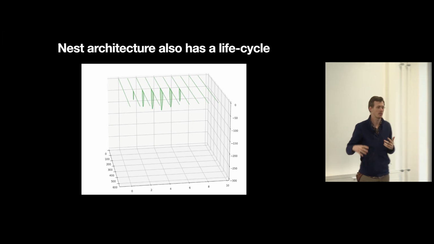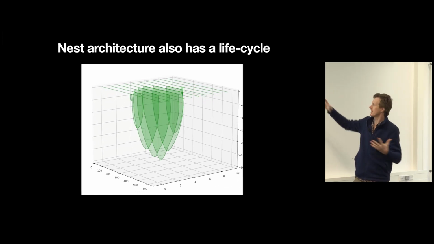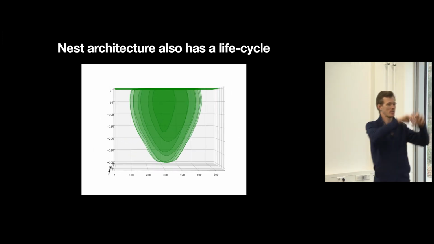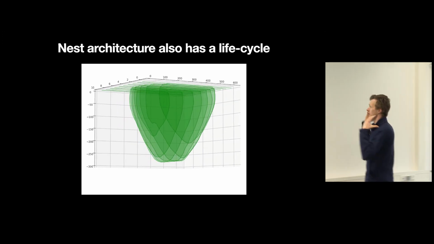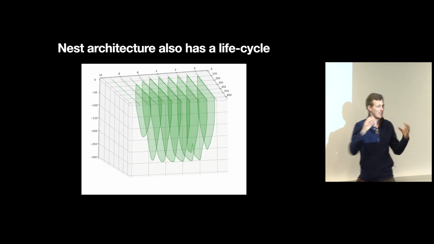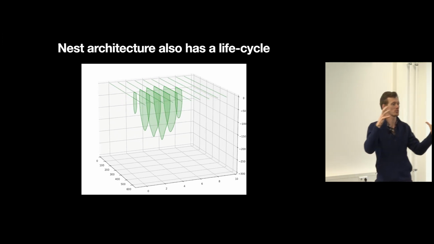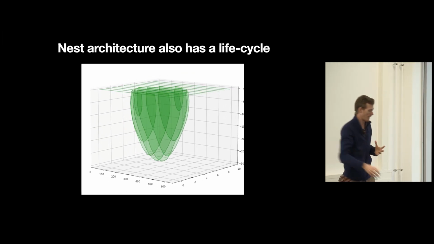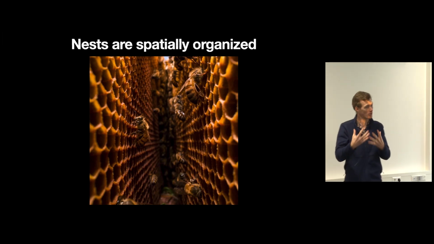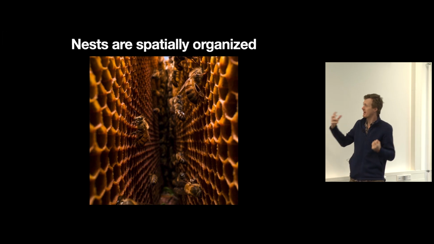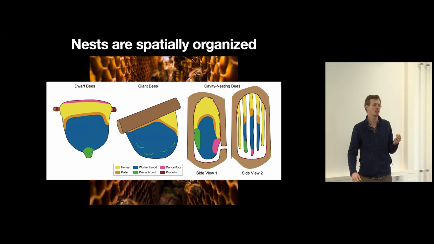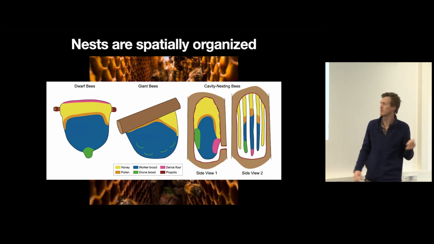And this actually also exists in three-dimensional space. So this is a case where we've actually taken nests and installed them into combs, and then we can extract the outlines of those combs, and we can show that a honeybee colony doesn't just jump into a nest and build all willy-nilly. They actually build a nest in this three-dimensional stereotypical fashion. Similar to the ideas of your human body or a unicellular organism being spatially organized, the nests are also spatially organized. And this spatial organization is actually maintained over 34 million years of Apis evolution.